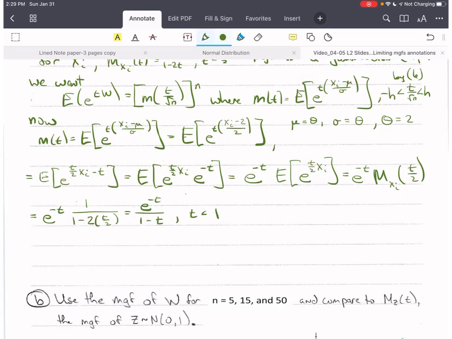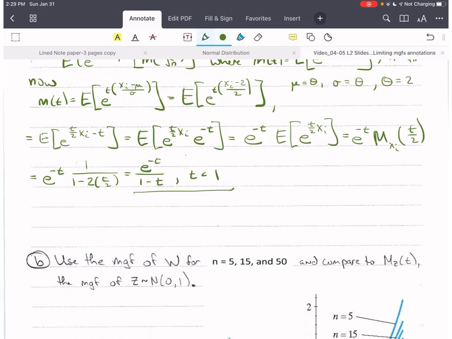So using again what we know, instead of t less than 1/2, here we have a 1, so it's t less than 1. Okay. Then